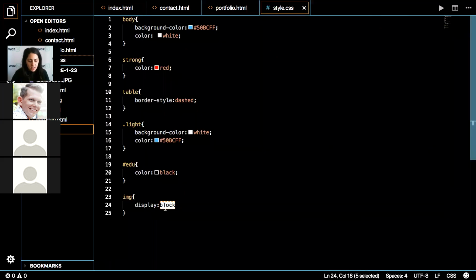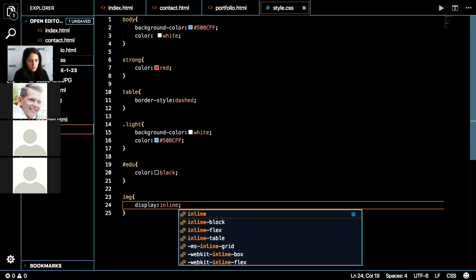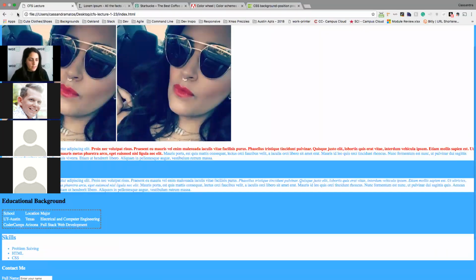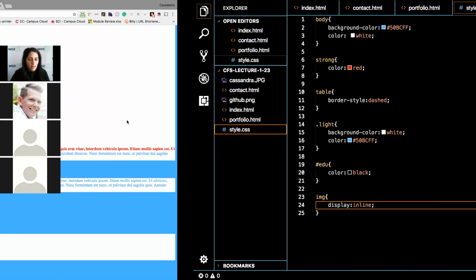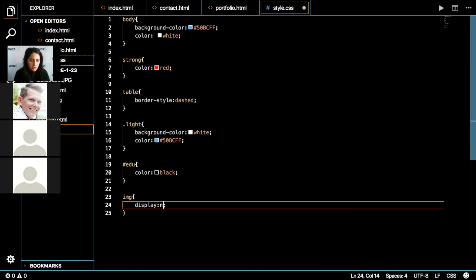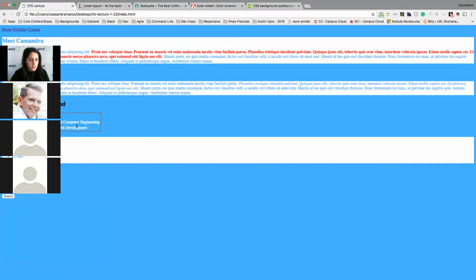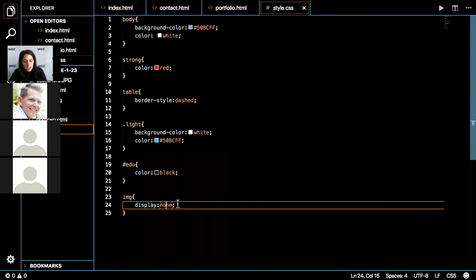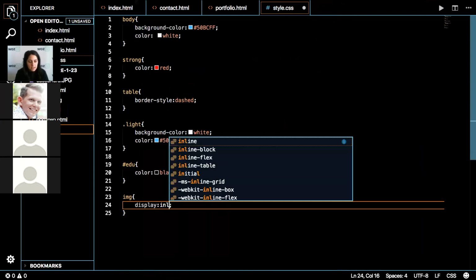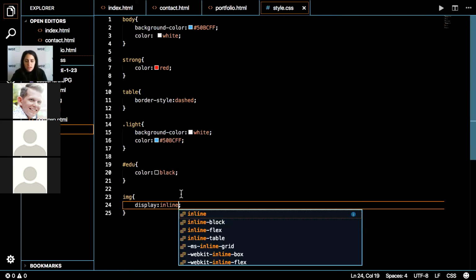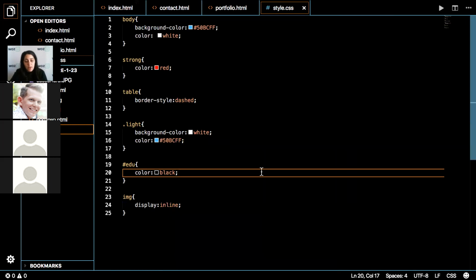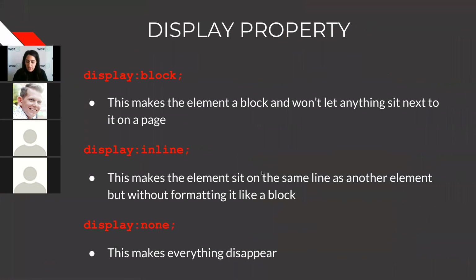If I do inline, they will sit next to each other. And if I do none, they will disappear. Okay, so that is your display. And notice that my icon disappeared too because it's targeting all images. Okay, so I'll just leave that as inline. Save that. So that is the display property there.